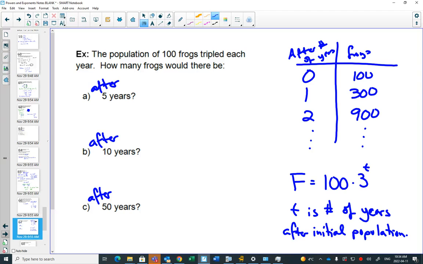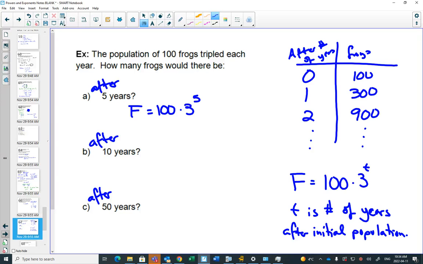Why is that formula really nice? Because now when we solve these questions, we could keep going with our chart, right? But this is nicer because we can say the frogs is going to equal 100 times 3 to the 5,